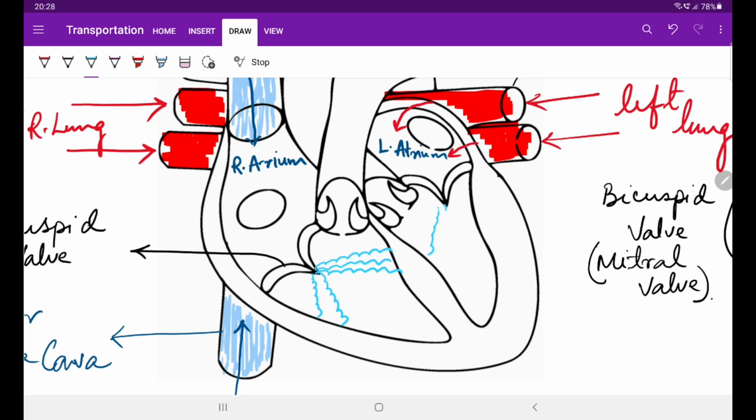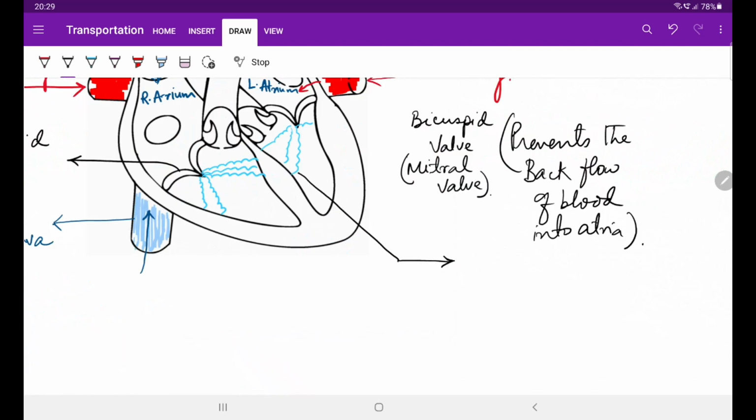These cord like structures are called chordae tendineae. The function of these thread like structures is to hold on to the walls of the ventricles and help them while the contraction is going on to pump the blood, and also they provide mechanical support to these walls of